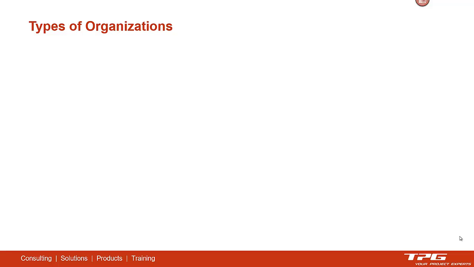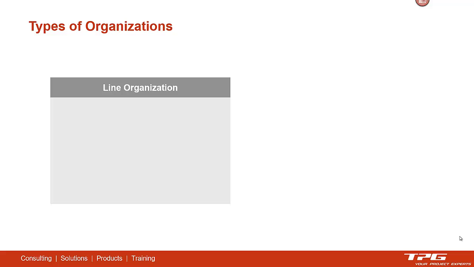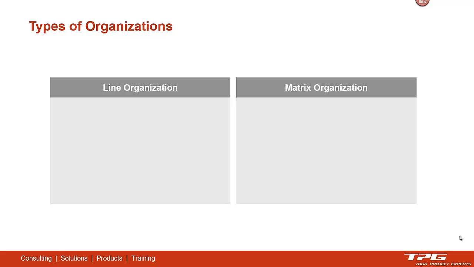To cover this topic, we have to look quickly at different types of organizations. What we discover is that we have two main kinds of organizations in enterprises. One is line organization and the other is the matrix organization. And what we find is that a line organization behaves differently from a matrix organization. In line organization, we have teams who deliver